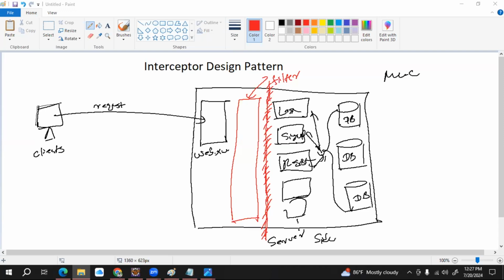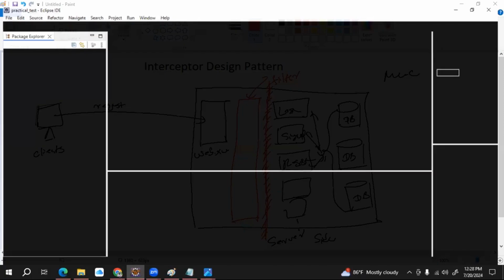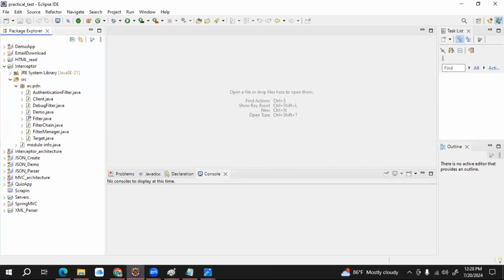After that, I will give you an exam assignment, right? I will give you an assignment based on this interceptor design pattern. Then you have to do it within a week and submit your answers. After that, we can discuss this question in our physical sessions, right? Okay. I will show you an example. In this case, I'm going to